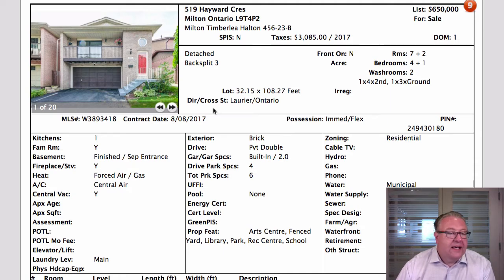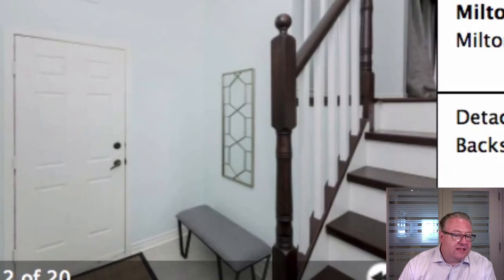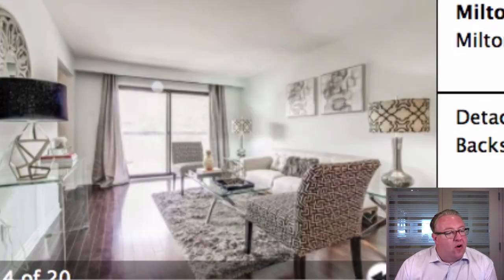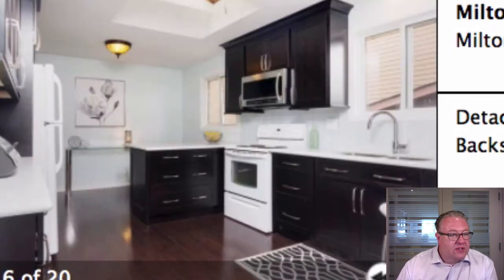That's good. When you go inside, oh, and by the way, there's a new roof, new furnace. So I would check the age of the air conditioner. And then you just have windows, pretty much. That's your big capital expenses. The home has been staged for sure. But here's the thing. If you're going to do that,